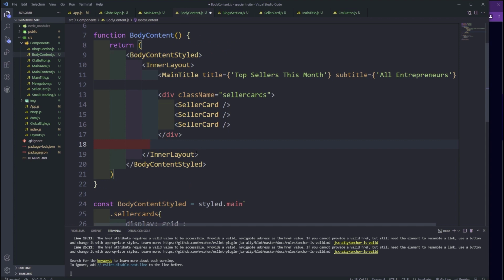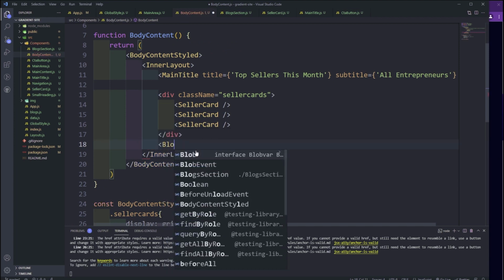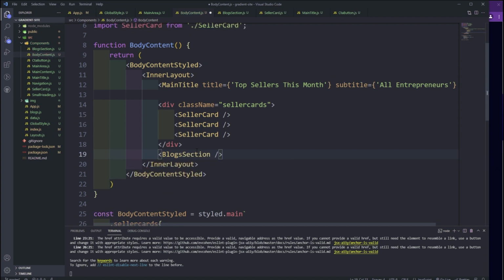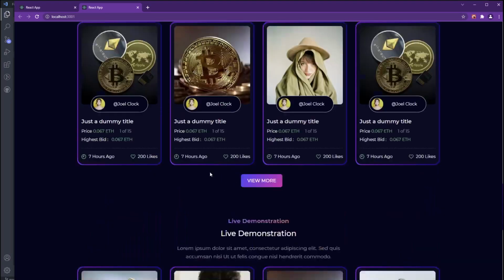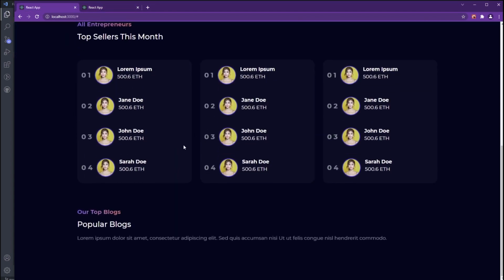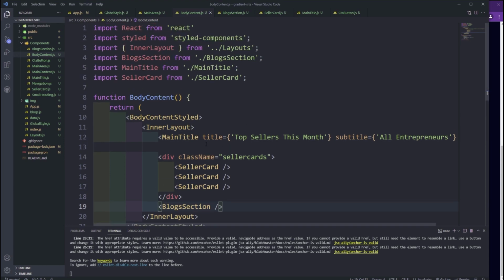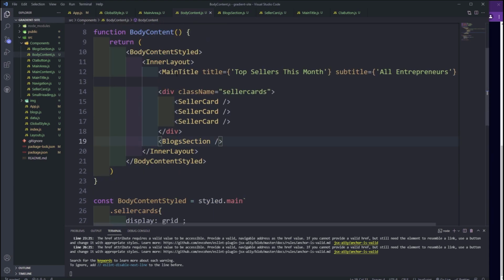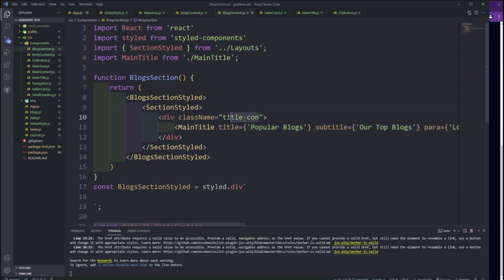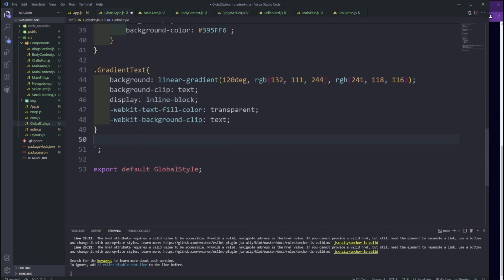Okay, so now in the body content, I'll just load in the blogs section. Okay, oops, wrong. Okay, so there's our title. As you can see, it's not centered. So what we can do now is go to the blog section, title container. We're going to reuse this, so we're going to put it in the global because we're going to be reusing that. Here, let's do text align